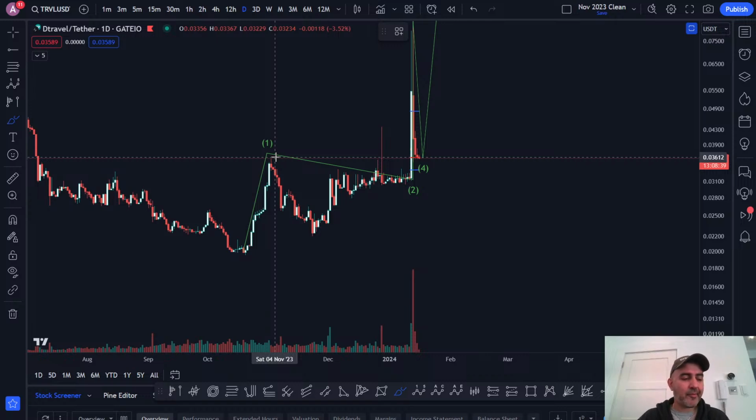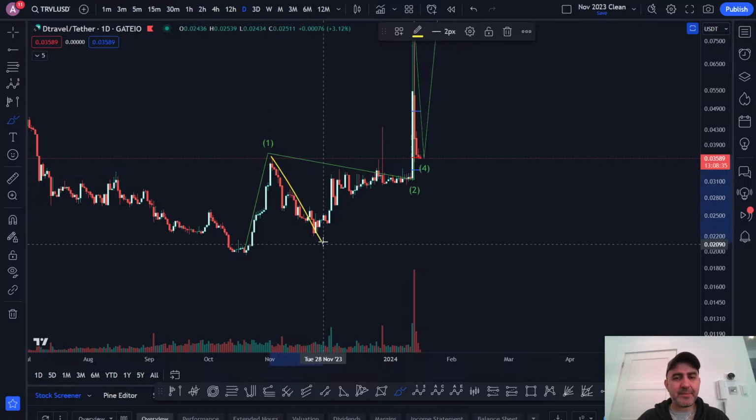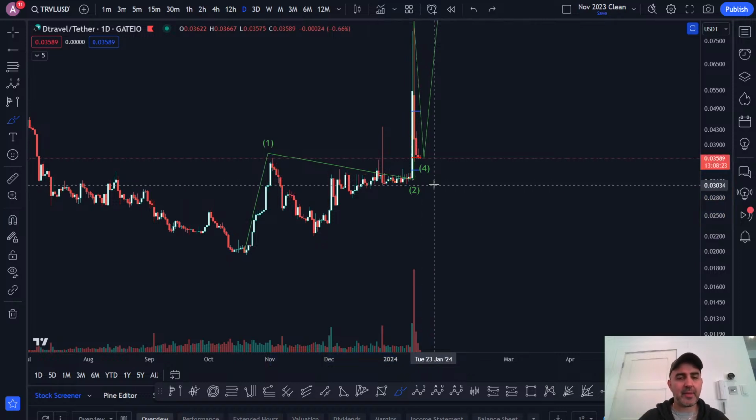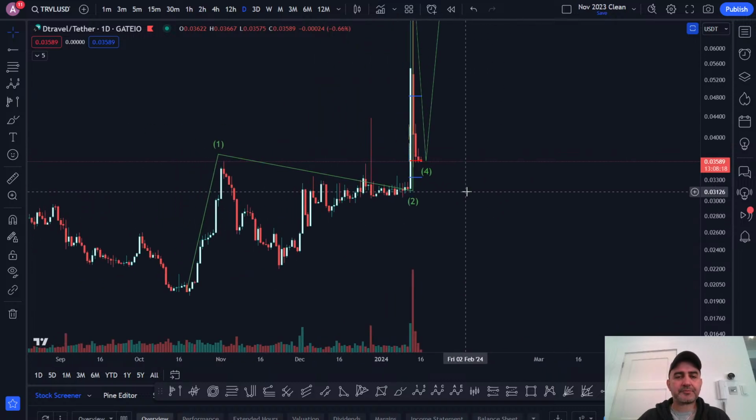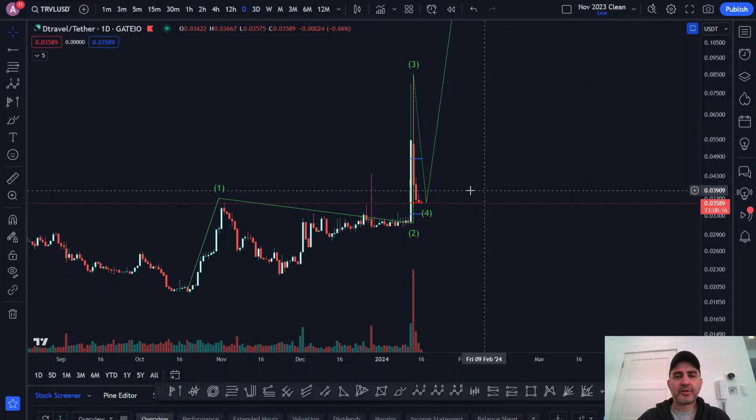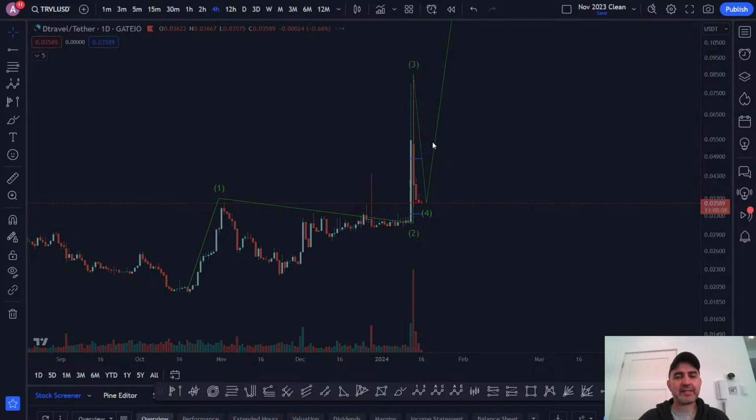was wave one. And then we had an ABC correction. That's an ABC. That's what I'm thinking right now. I'm contemplating that thought. And this crazy push up was our wave three. Just that one candle was our wave three. I'm really playing with that idea right now